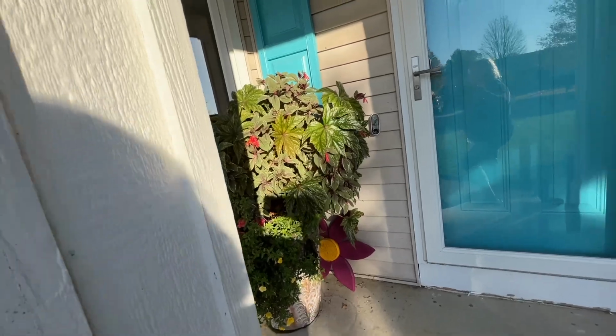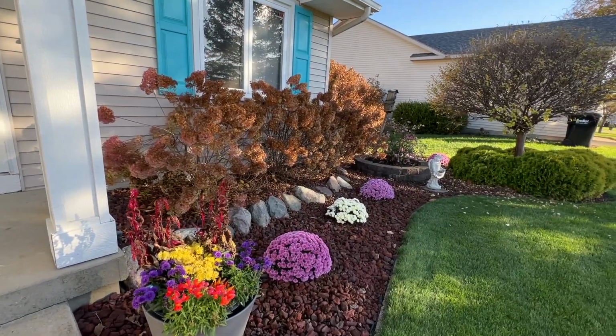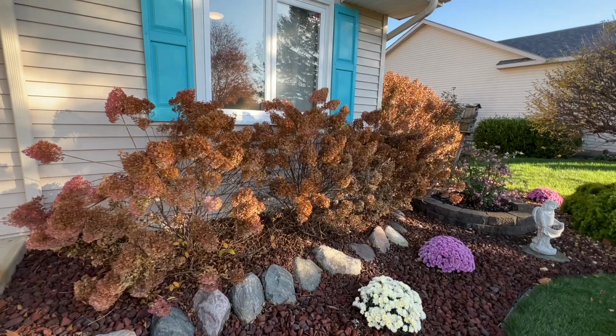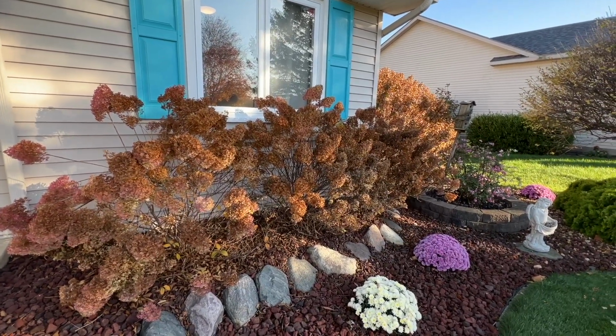That will get replaced soon with a winter porch planter. Front of the house, we have the Bobo Hydrangeas. Those will be getting trimmed here probably this week when the gardeners come. They'll trim about the top third or so off, just get rid of those flowers so that they're ready for